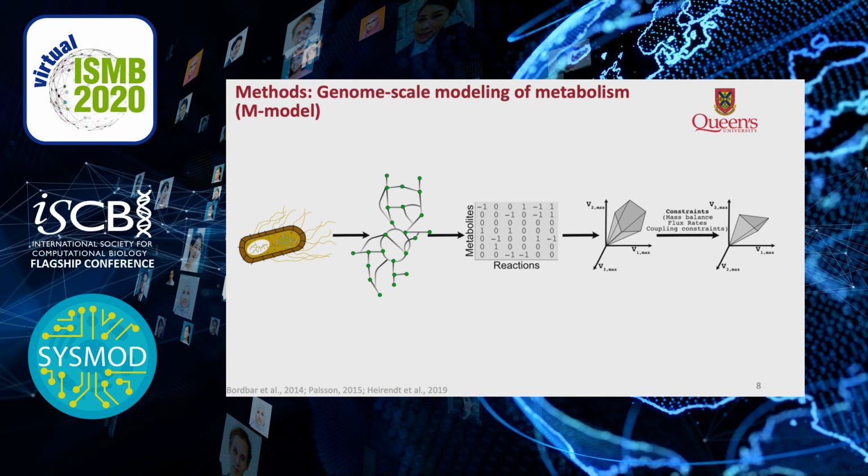To study Pseudomonas biofilms, our lab utilizes numerous computational tools, including genome-scale models. Traditionally, these models could be used to predict metabolic state of a cell and were called M models. Within this framework, one can visualize a cell as a network of interactions between metabolites, and such network can be decomposed to a matrix. In this matrix, rows represent metabolites and columns represent reactions.